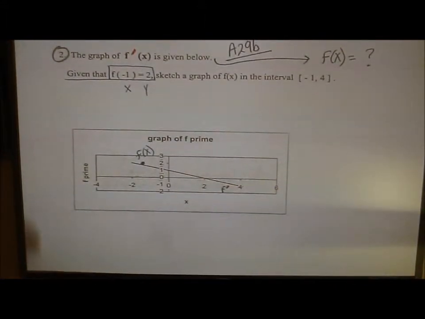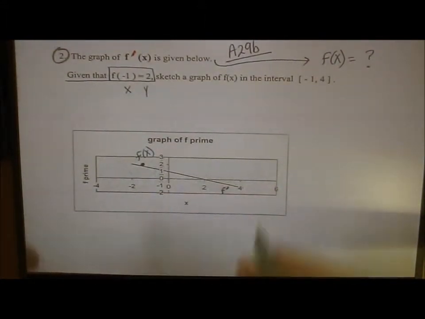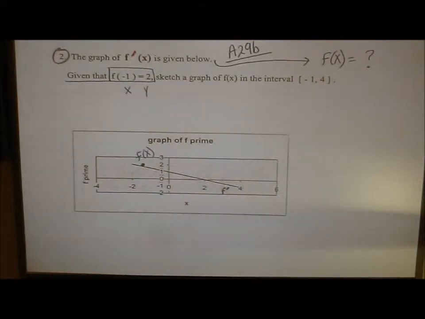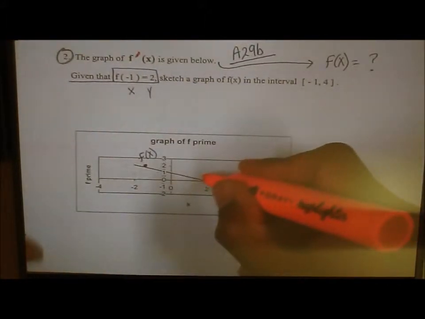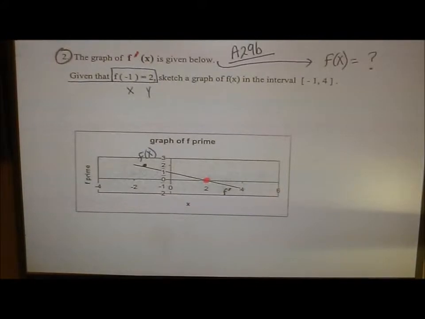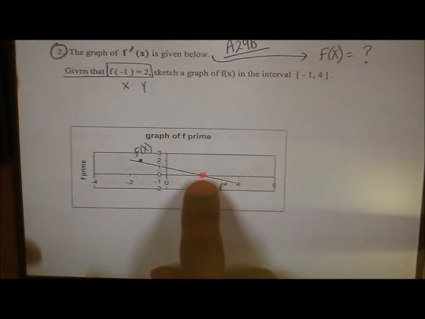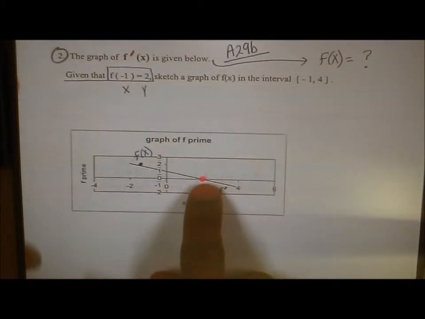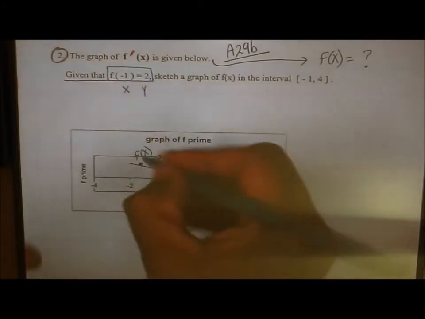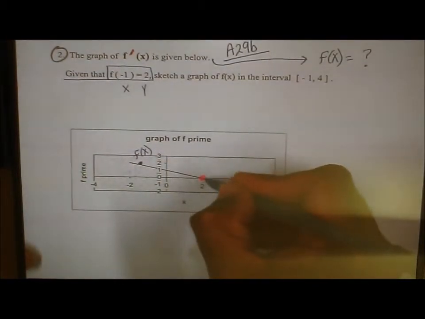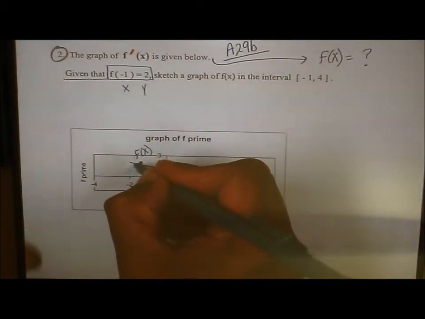So what I would look for is special points. If you notice any x-intercepts, I would highlight them right away. Relative extrema occur at x-intercepts. So I know right here, something special is going to happen at x equals 2. The next thing I would do is